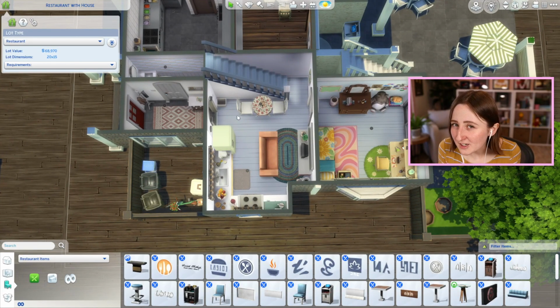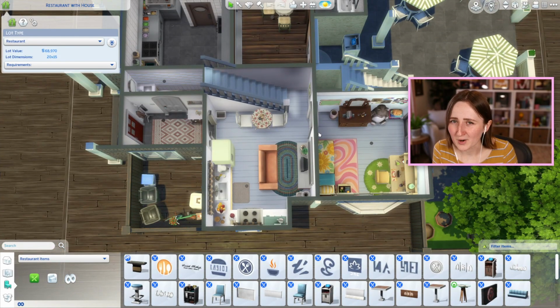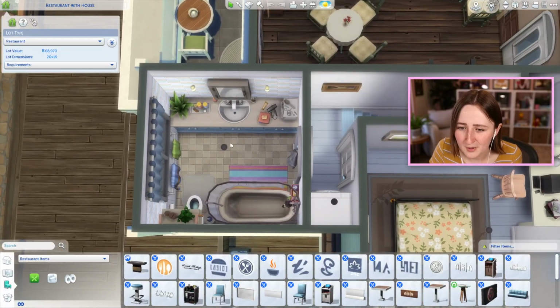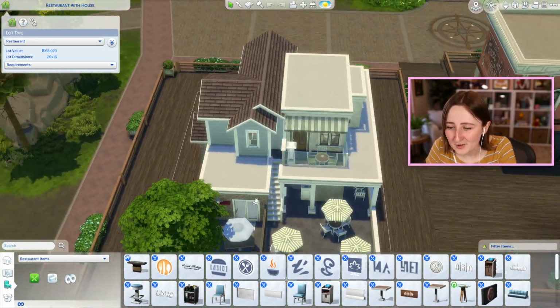You won't get bills here or anything, and you'd have to lock the front door so you don't have the restaurant guests coming in and using your kitchen, but it's really nice when you're running a retail store or a restaurant or a vet clinic and stuff to just have your sims live there. And you totally can. We have upstairs a huge primary bedroom and a little bathroom, the main bathroom for them to share. And then the other half of the lot is the restaurant, and it's kind of cute because